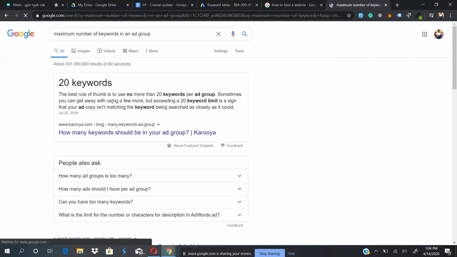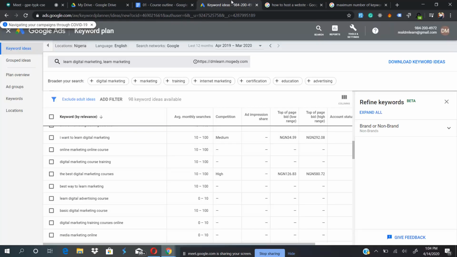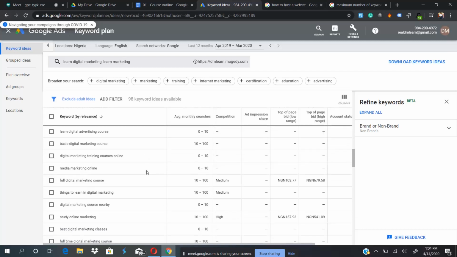Let's see if there is, 20 keywords. So the best rule of thumb is to use no more than 20 keywords per ad group. Sometimes you can get away with using a few more, but exceeding a 20 keyword limit is a sign that your ad copy isn't matching the keyword. Okay. So that means we can add up to 20 keywords in one